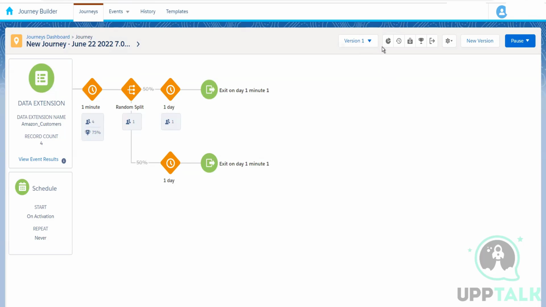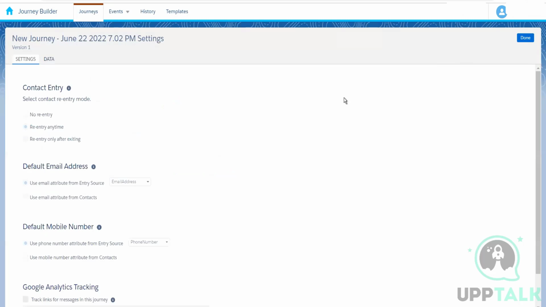So we talked about the version status, journey analytics, and then history, health, goal, and exit criteria. Now let's talk about the journey settings. If we want to copy the entire journey, we can click on this copy journey and copy the journey as well. And we have another option, which is journey settings. In journey settings,